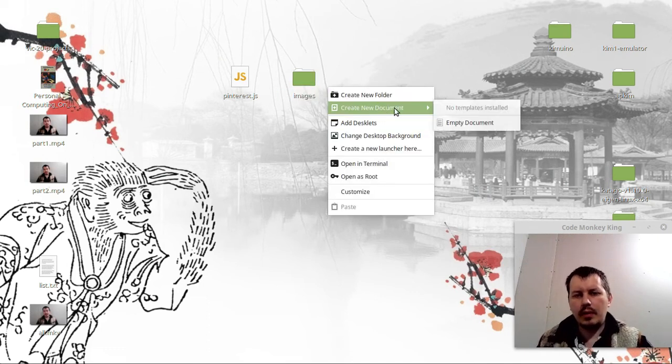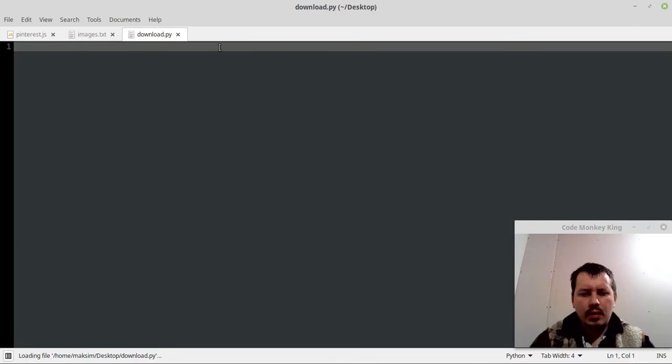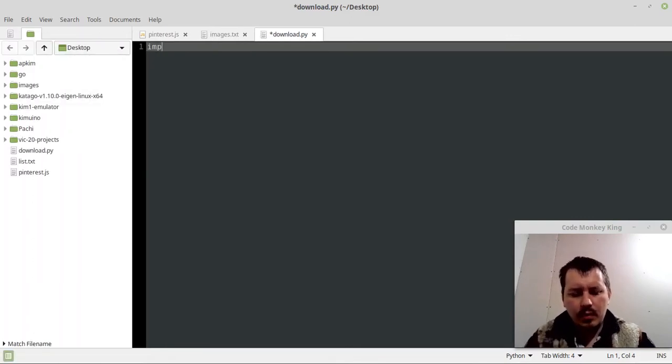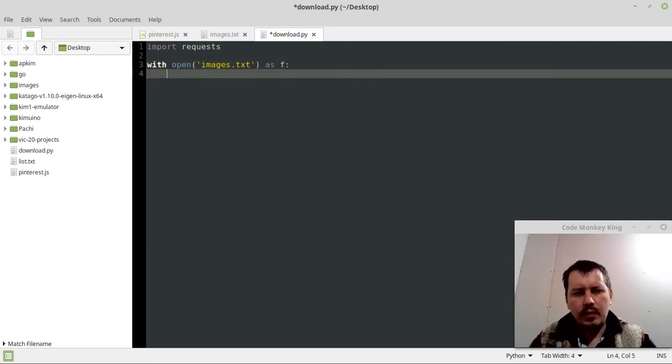And here just create a download.py script. Okay, and now just import requests, right? And here I need to open this images file, so I can say with open images.txt as file,